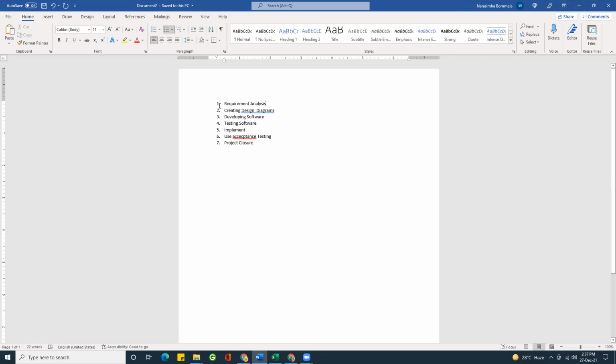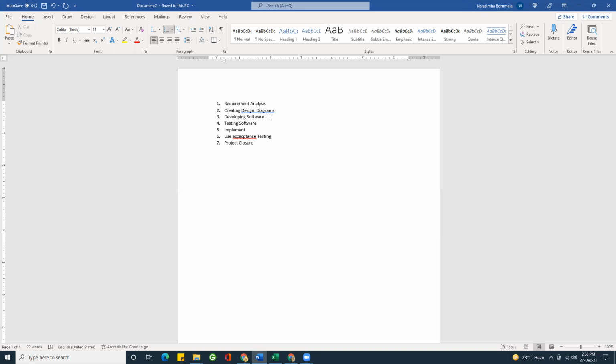My first activity is requirement analysis. From the requirement analysis, I will know the key functional requirements of the organization and what kind of software they need. The output of requirement analysis is the requirement specification document. It clearly details the key requirements that need to be fulfilled as part of completing the project. For the identified requirements, a software engineer will develop the system design and software diagrams, which serve as a prototype, a building plan, using which we will develop the software. For these two activities, we need software engineers.